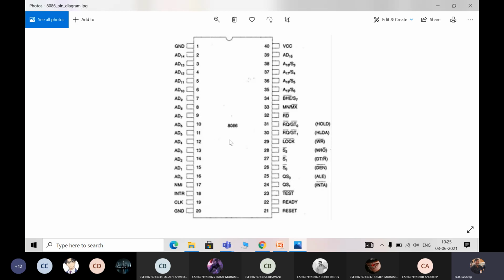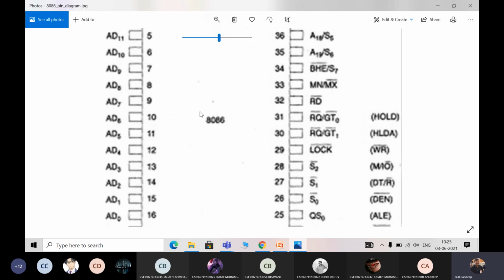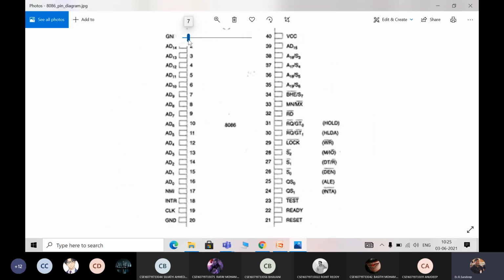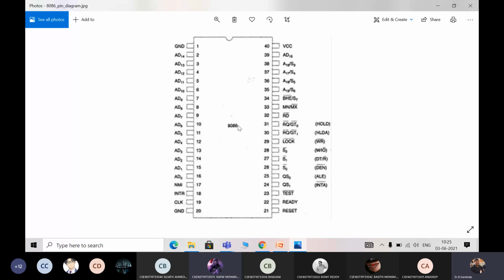And in the center of the chip pin diagram, you need to write which chip it is: either 8085, 8086, 8088, 8008 or 4004. Whichever chip you are drawing, that number should be there in the center. So you can see here, you are having the number in the center, 8086 microprocessor. Are you able to see this? Yes, sir. And this U representation is for top to bottom and bottom to top.